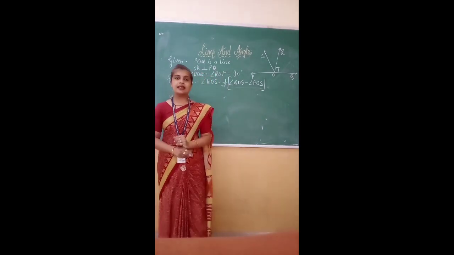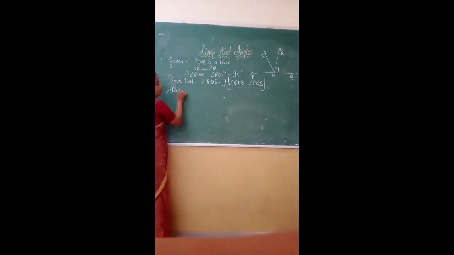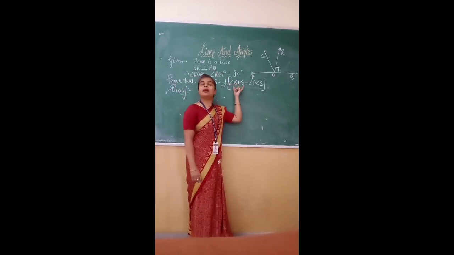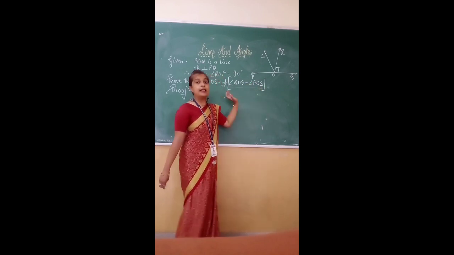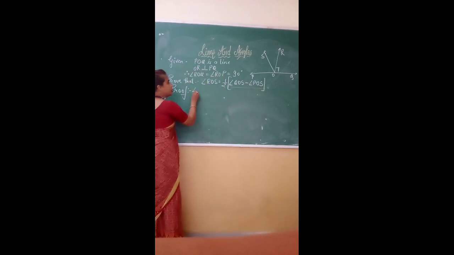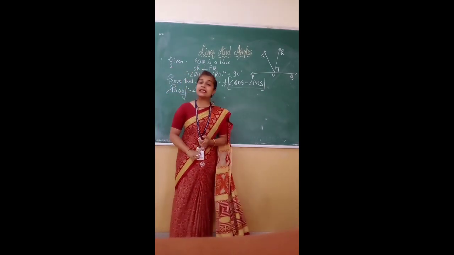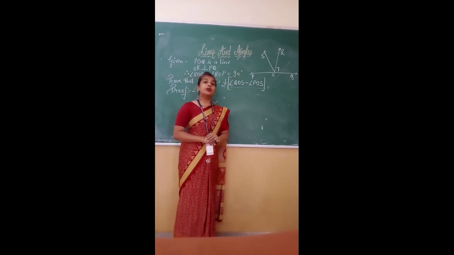Where will we start from? From our right hand side. See the proof. In the right hand side, we need to find out the measurement of QOS and the measurement of POS. First of all, find out the measurement of QOS from the figure. Can you tell me what QOS is equal to? Look at the figure and then say QOS.